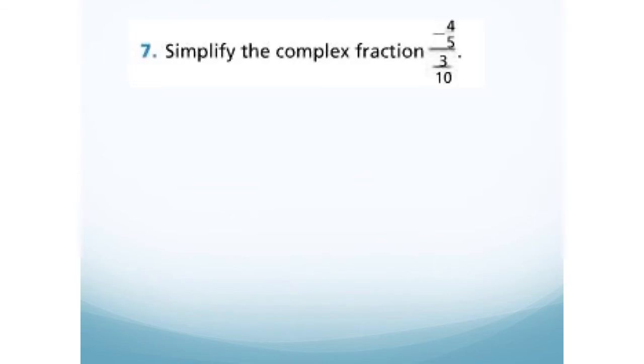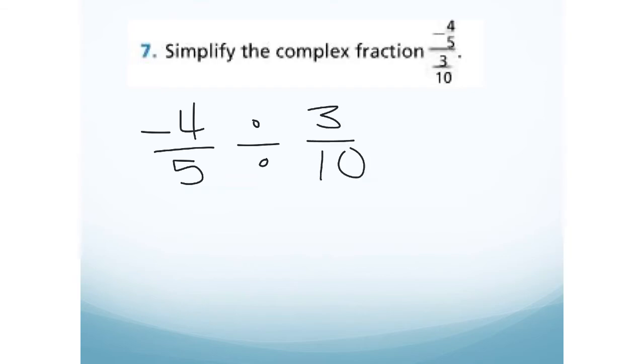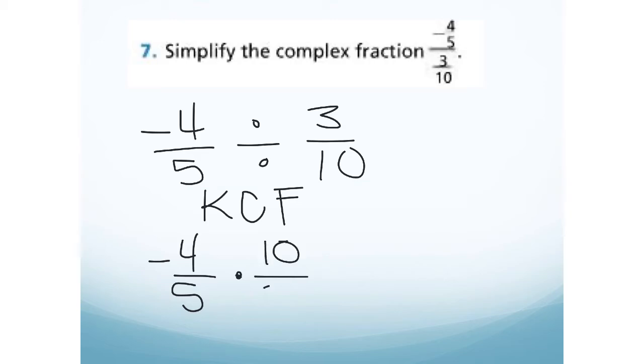All right, for question 7, same thing. We just need to rewrite this complex fraction in the form that we're used to seeing it in. So I'm going to go ahead and put that negative in the numerator where I like it. Negative 4/5 divided by 3/10. Then we'll do our keep, change it, flip it. And we're ready to multiply it straight across. And we will get negative 40